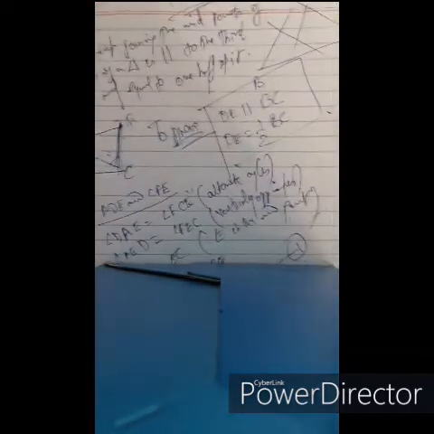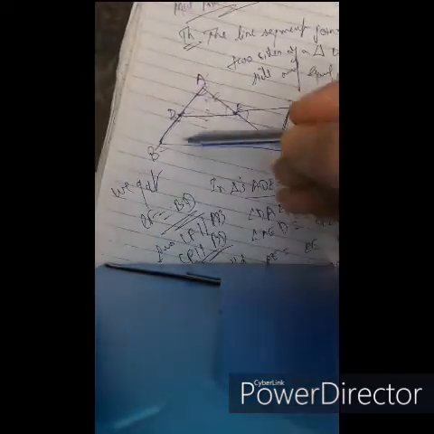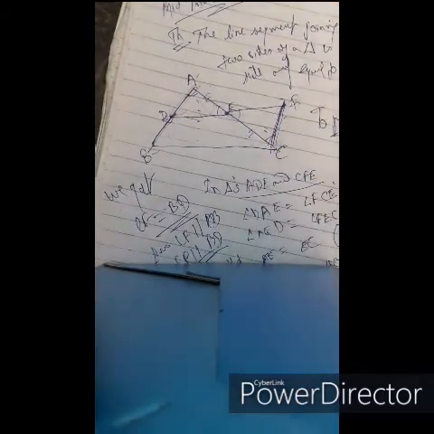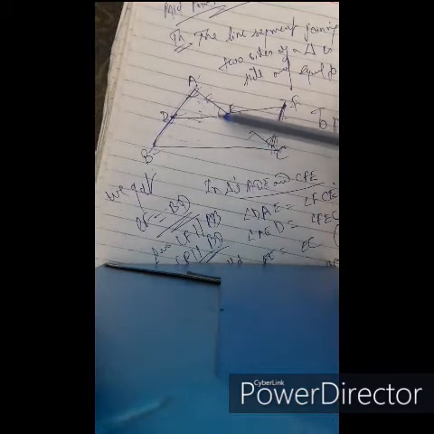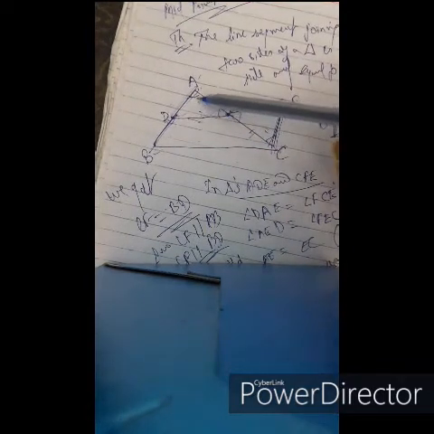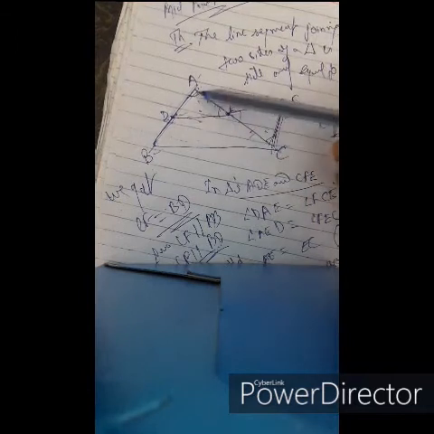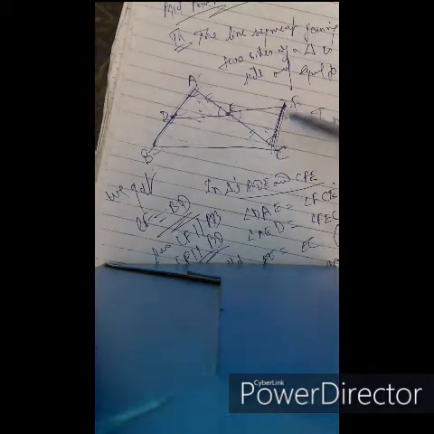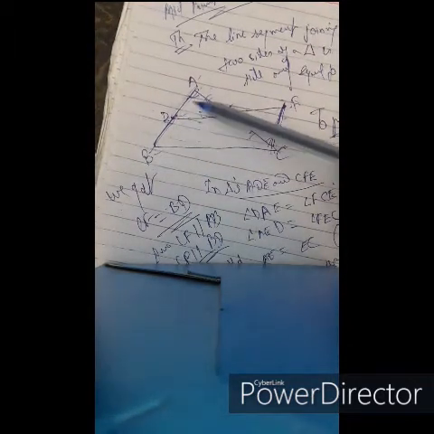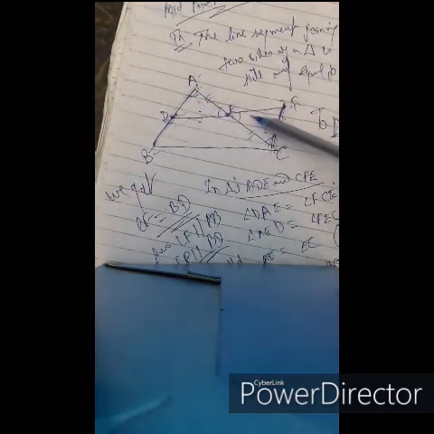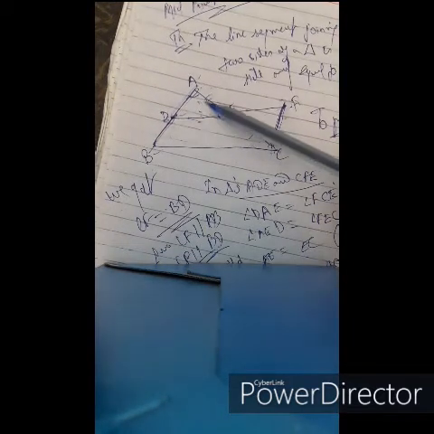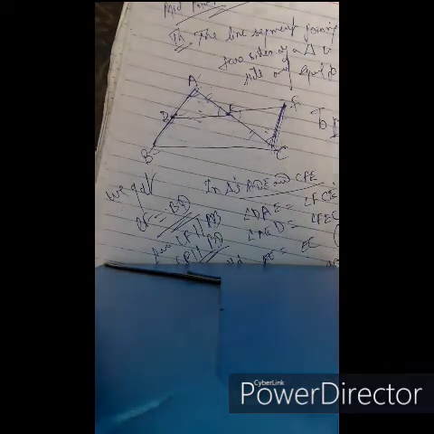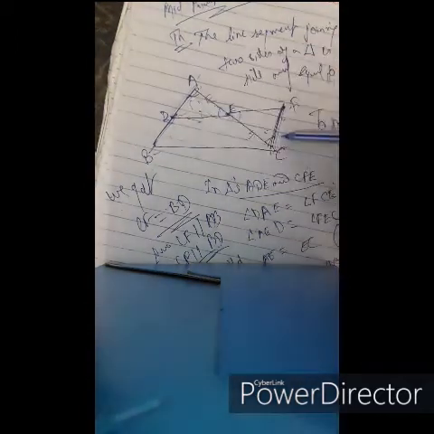So the proving part goes like this. First we'll take these two triangles ADE and CEF, and we'll prove them to be congruent by taking the vertically opposite angles and the alternate angles. By construction we will make CF parallel to AB, so CF is parallel to AD. Alternate angles are equal, vertically opposite angles are equal, and E is the midpoint of AC, so AE equals EC. Hence proved by the AAS axiom, these two triangles are congruent.